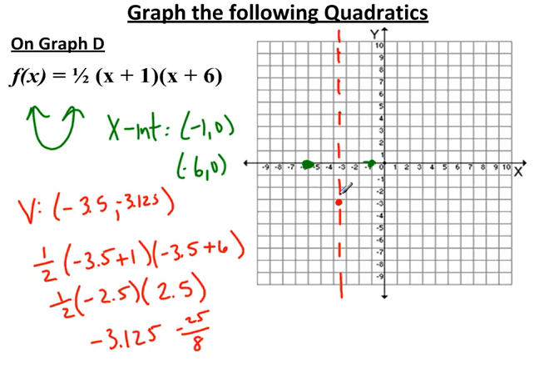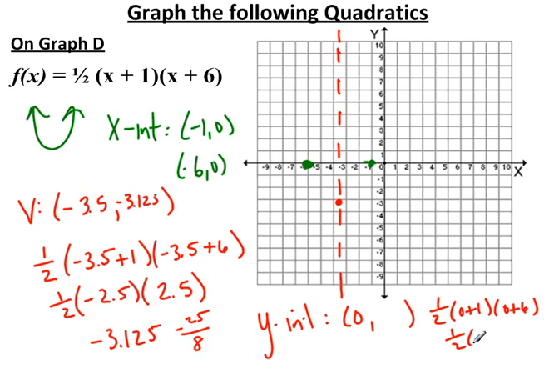All right. If I wanted to find the y-intercept, because the numbers are small enough, I'm going to substitute in 0 for my x. I'm going to get 1 half times 0 plus 1 times 0 plus 6, which is going to be 1 half times 1 times 6, which is 3. So I'm going to get a y-intercept at 0, 3, which means the symmetric point would be at negative 7, 3, just to give us a little bit more accuracy in practice finding it in different equations. So this one I can get some accurate points and try to lightly put a graph in there. So hopefully feel a little